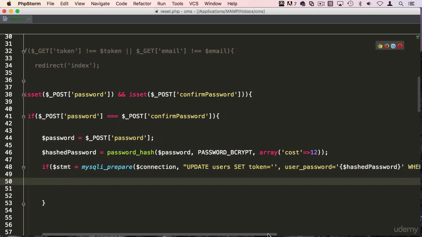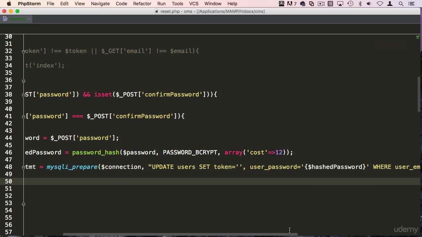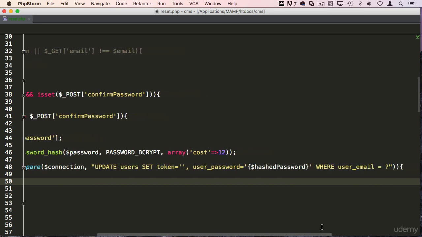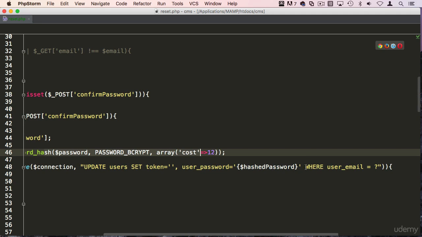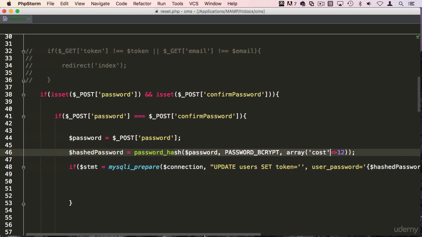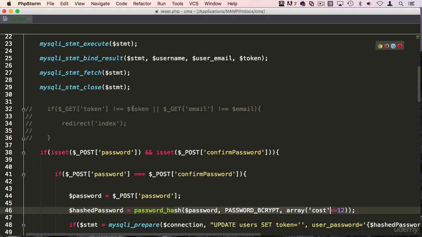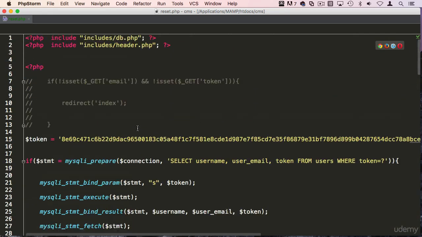Let's just make sure that this is right. Update users, set that column to empty, then pull out the user password column and include this hash password that we're getting here. We're encrypting where user email equals that. So we're getting the email as well. Okay, remember that we're getting the email right here